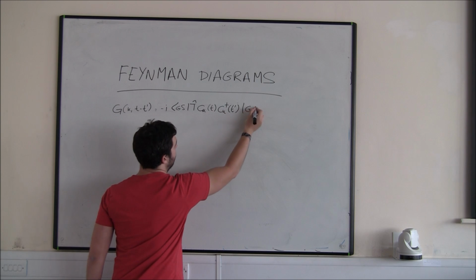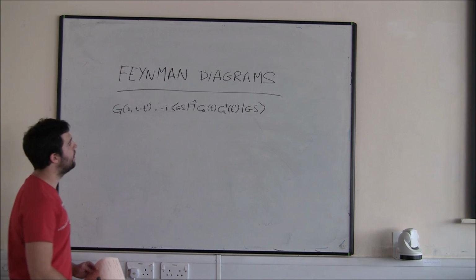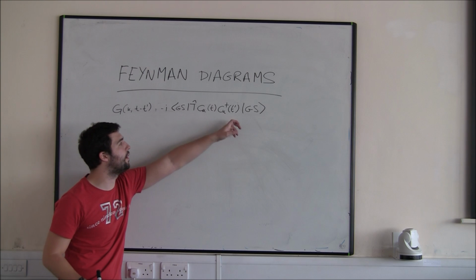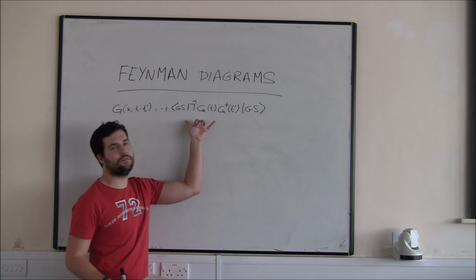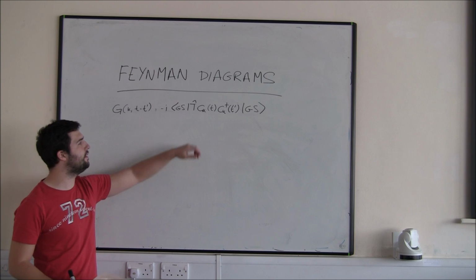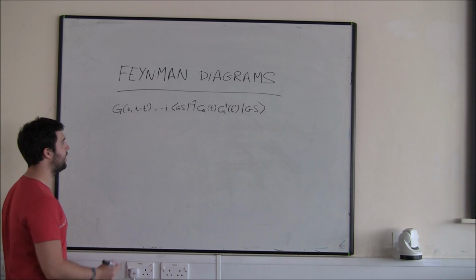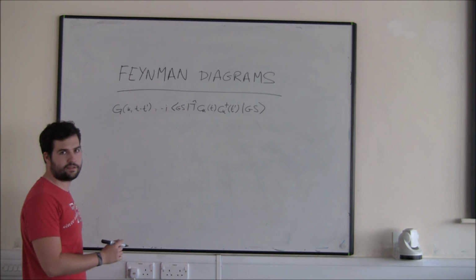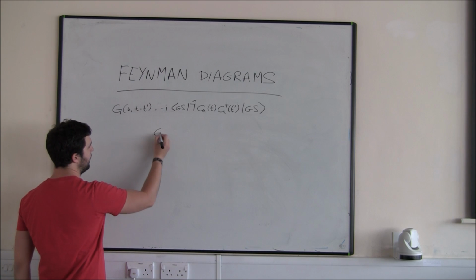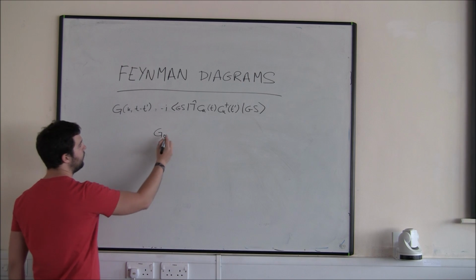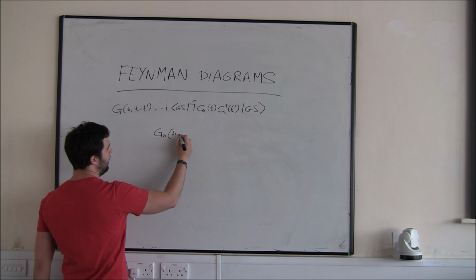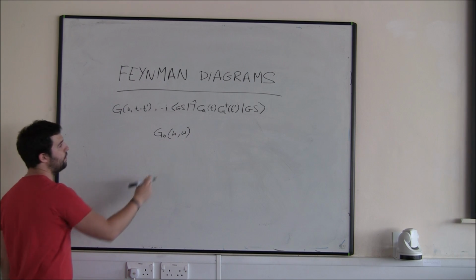It's an average value of the annihilation and creation operators in the ground state of the system. This is easy to evaluate in the non-interacting case, and this is one of the exercises of the lecture notes. So in the non-interacting case, what we call G naught of k,